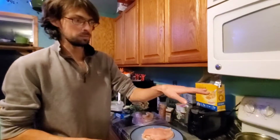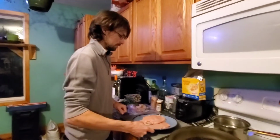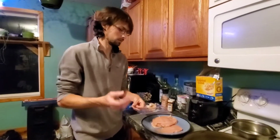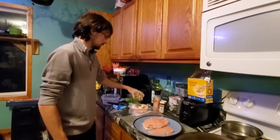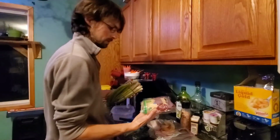So I got my oven preheating at 400, and I got my pan warming up. Don't touch it, it's hot. And I got me some thin chicken breasts. I couldn't find any chicken breasts that were big enough for me to cut a pocket into to stuff them. Got me some asparagus, green onions, bacon, of course, Swiss cheese,